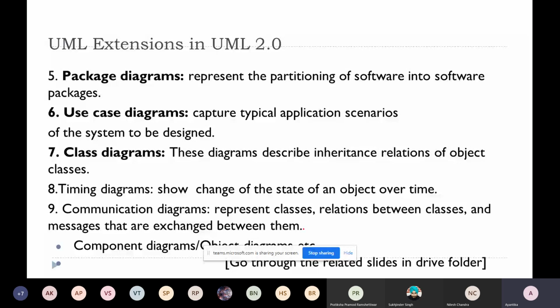Package diagrams are basically used when you are developing different software models and packaging them inside different packages. How they will interact is given by these package diagrams. Then the use case diagram captures typical scenarios, and the class diagram is mainly related to the object-oriented concept. Including these different diagrams, you can think of UML as one umbrella,